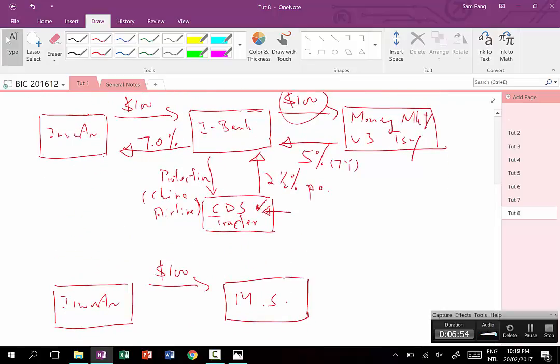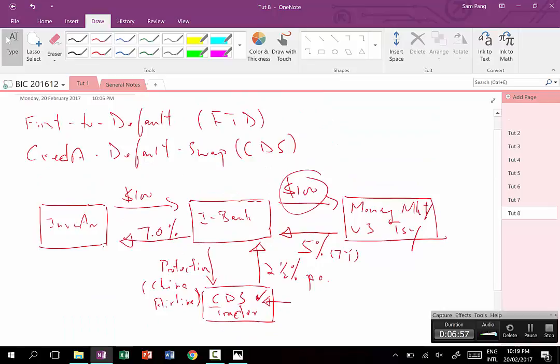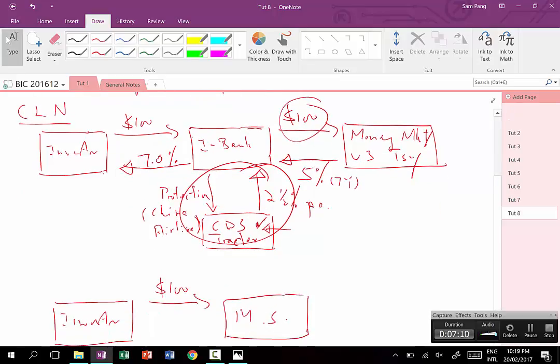Now that's the credit default swap, which is this transaction here. And when you do a trade like that, it's typically called a credit link note. So you pay money and you buy something. Okay, now